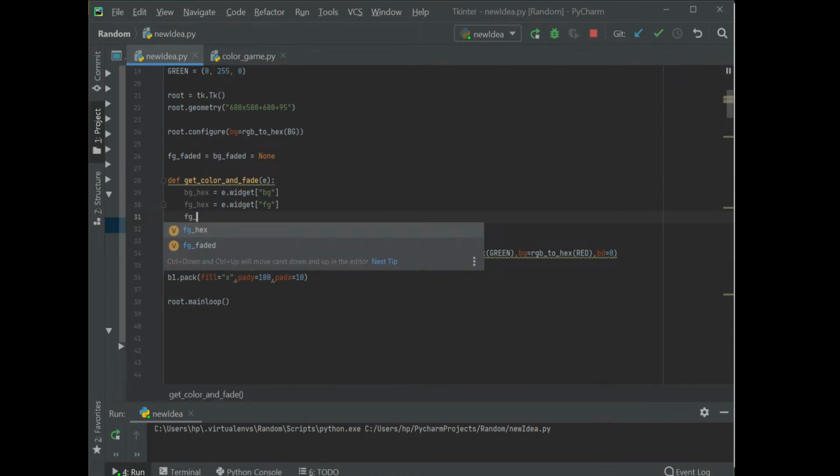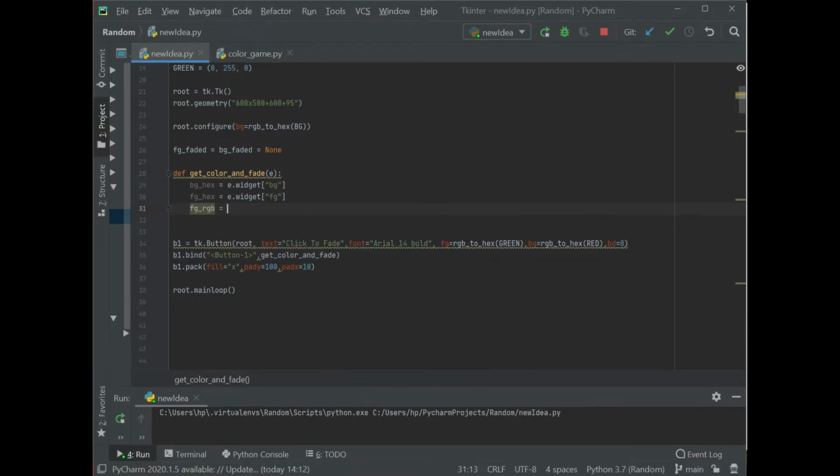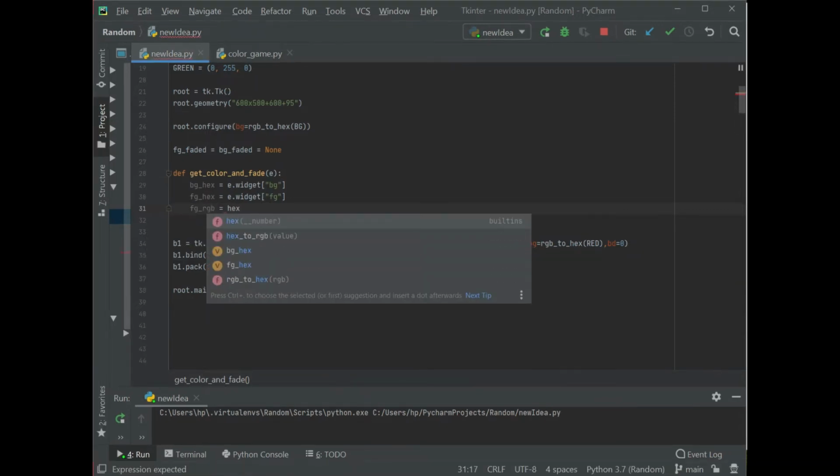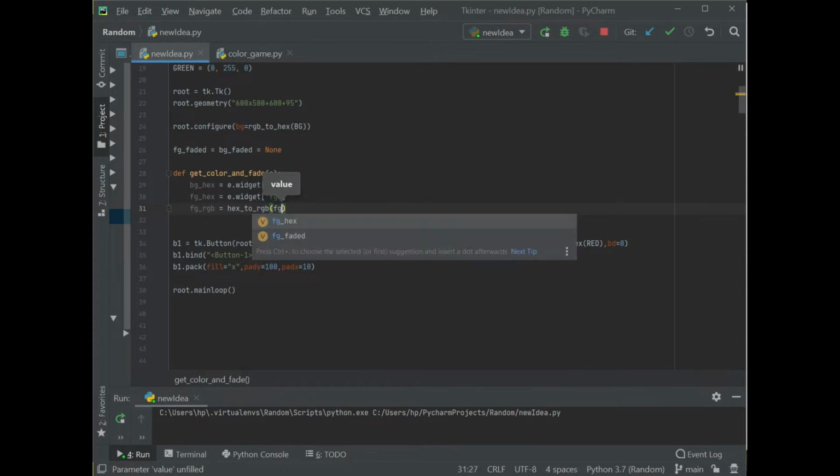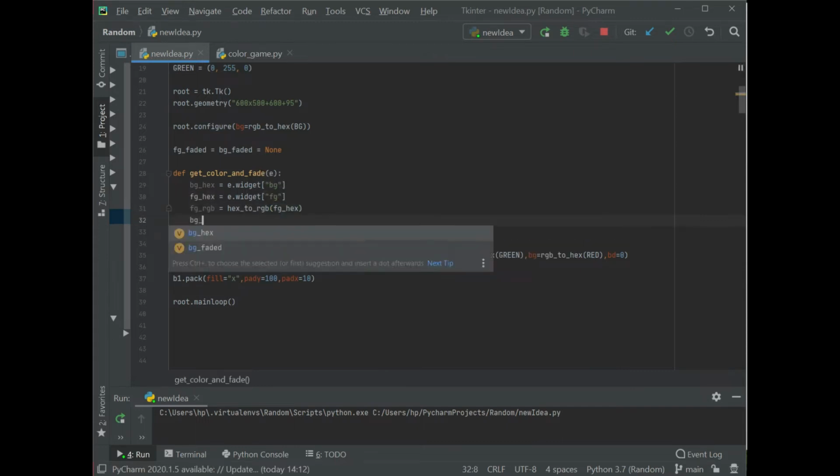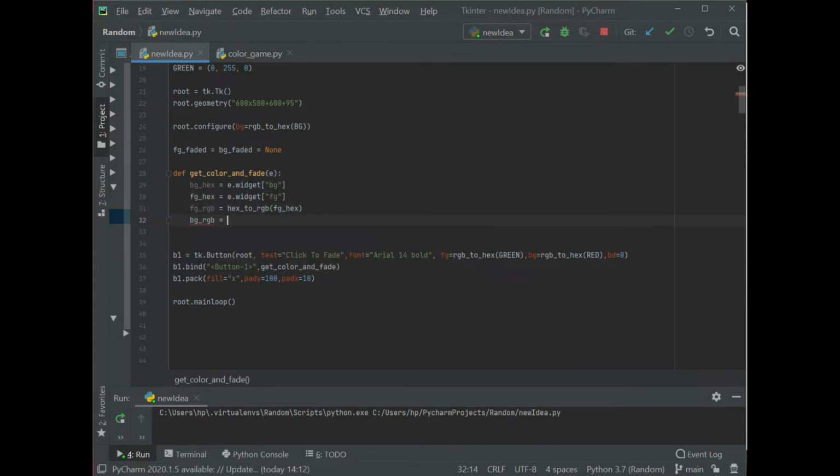So let's create foreground_rgb equal to hex_to_rgb, and here we will provide the foreground_hex. And the same with background_rgb equal to hex_to_rgb, and here we will provide the background_hex. Now since we are going to manipulate these RGB values, we need to convert them into a list, since tuples cannot be modified. So here we will provide the list, and here too.